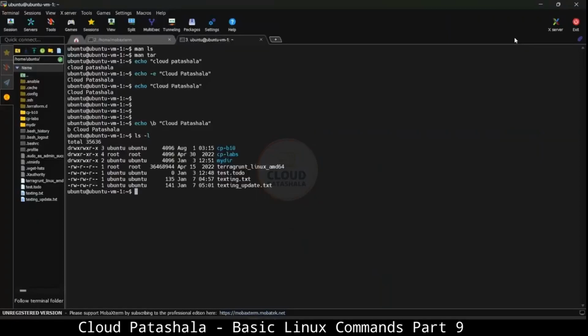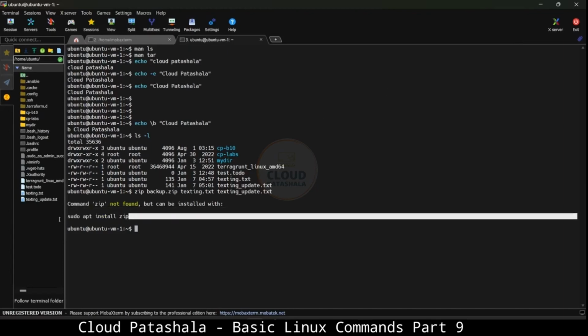So I'm currently in the current working directory, and you would see that I do have a few things over here. So what I will say is zip backup.zip, and I would give texting.txt and texting_update.txt in the system. Now you would see that this is actually complaining that the zip utility is not available